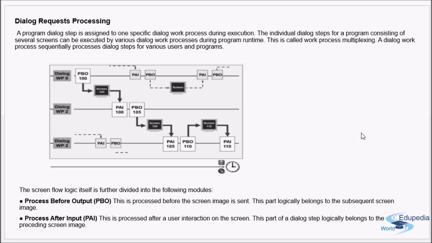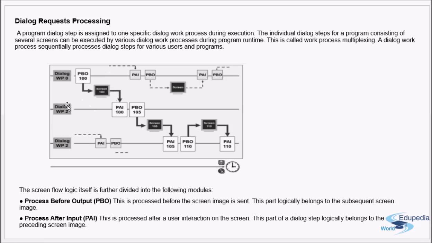Now PAI is processed after a user interaction on the screen. This part of a dialog step logically belongs to the preceding screen image. So once a user interaction is made, the beginning of the dialog step is denoted by PAI. What all inputs we get for processing that particular screen is termed PAI. So first we get a PAI to a dialog work process. It does some processing, and whatever the PBO is, the last screen of the dialog step, is sent as